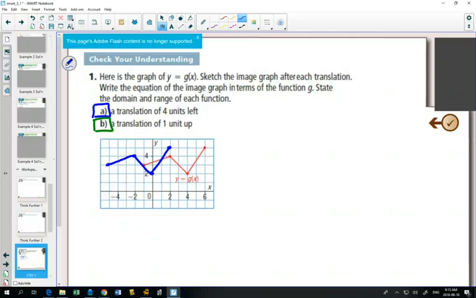Similarly for the green one, we can move it 1 up, move this point 1 up, this point 1 up, this point 1 up, play connect the dot. And so the graphing part, based on the description, is really easy. What's going to be a little bit tricky here